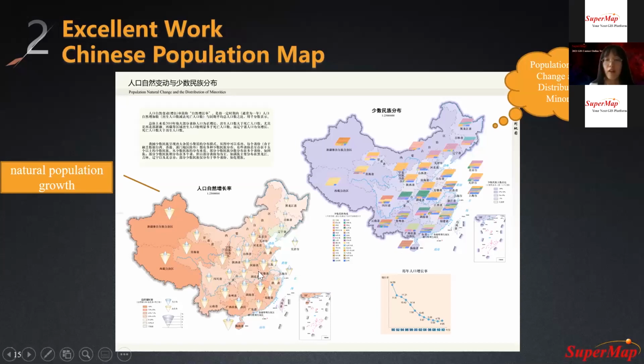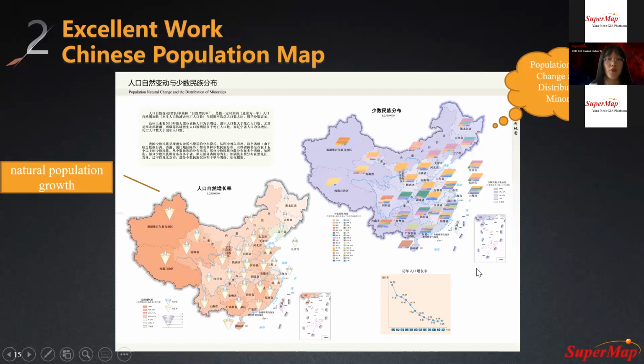And here they also add a chart to give readers a clearer picture of how the population growth has changed over the years.